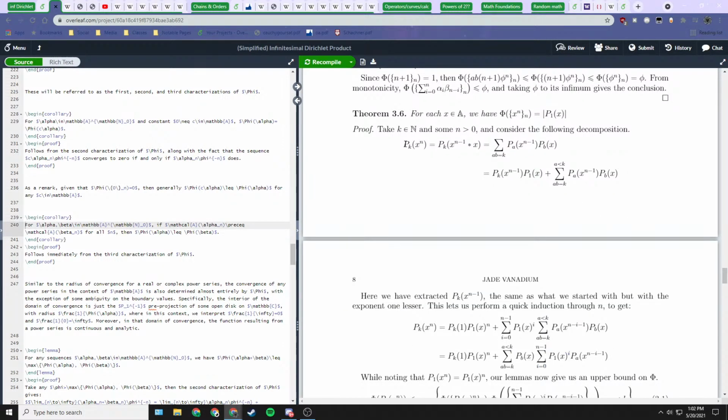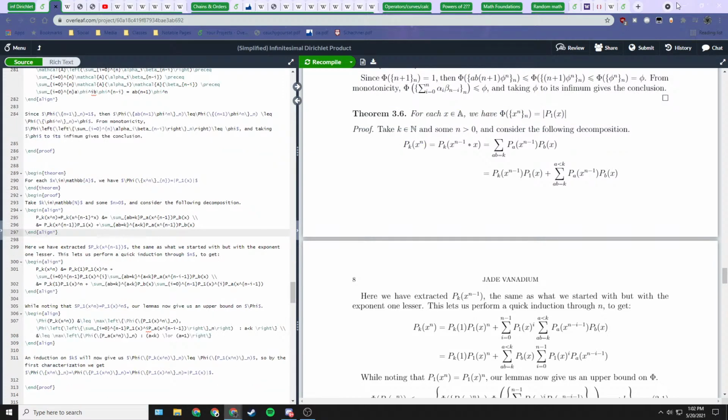So we start out with, we pick some index k, and we pick some n greater than 0. Because n is greater than 0, if we take x power n and project it down onto the k-axis, we can split this up as x to the power of n minus 1 times x. Then if we expand the definition of Dirichlet product, that gives us this summation across these terms.